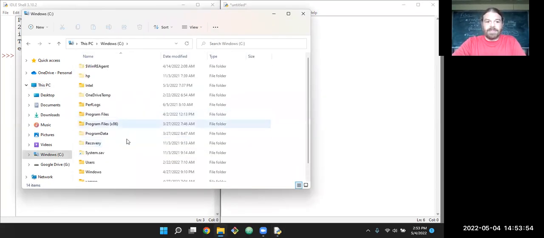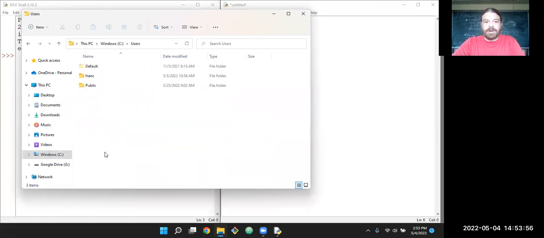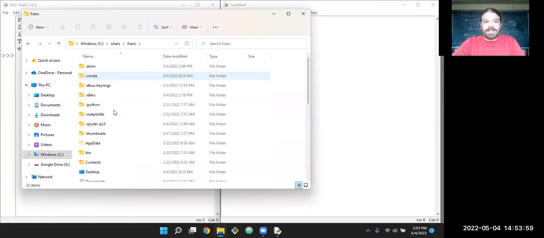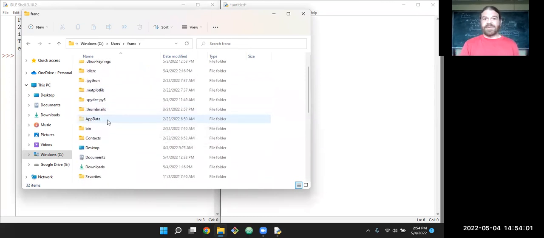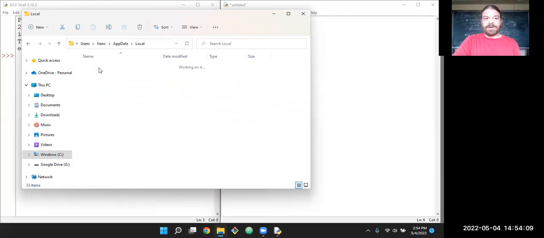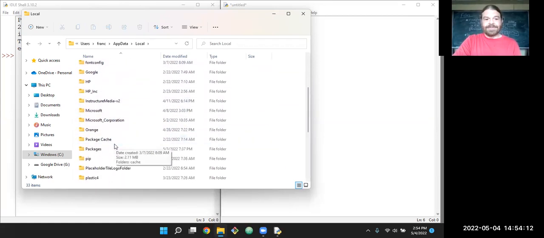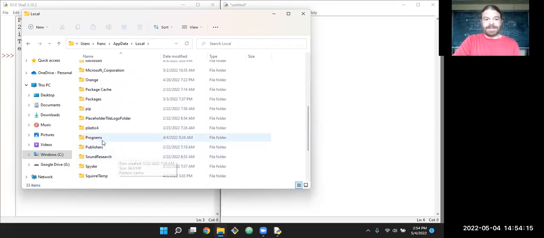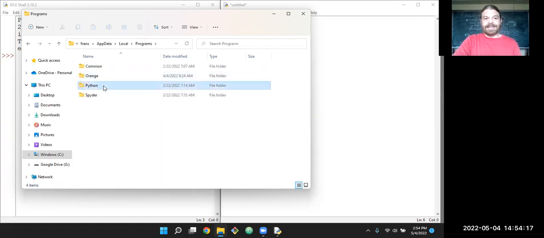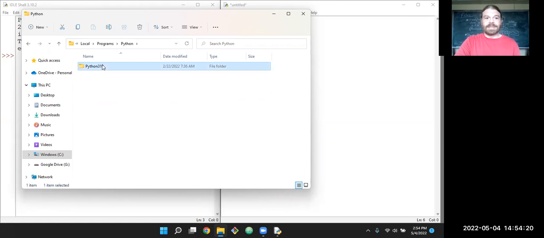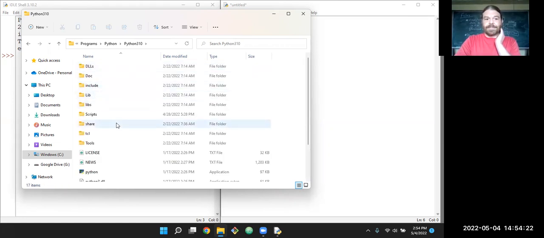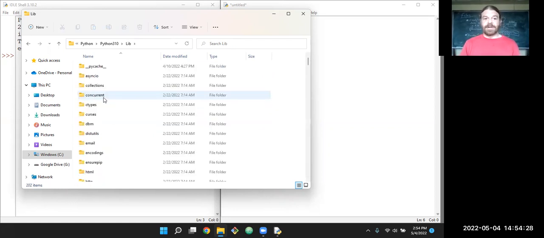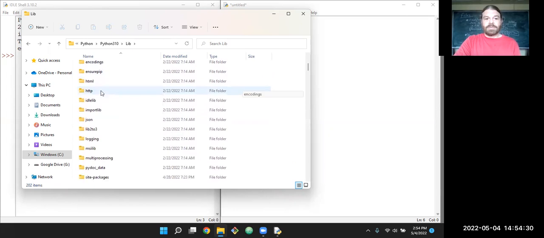So if I go to where Python's installed on the C drive under users, there's this account. You have to turn on hidden folders to see it. But one of the things under the user accounts will be app data. And then there's a folder called local. And then that has a folder called programs. And then that has the Python language. And in there, here's the interpreter. And all the stuff it knows about is this folder lib. So when we say import,